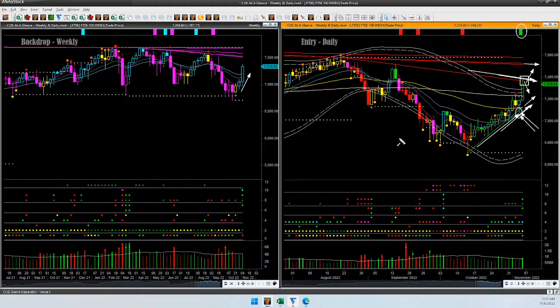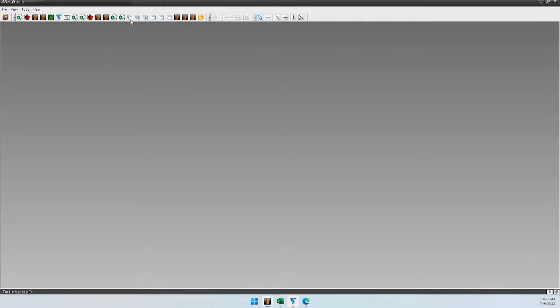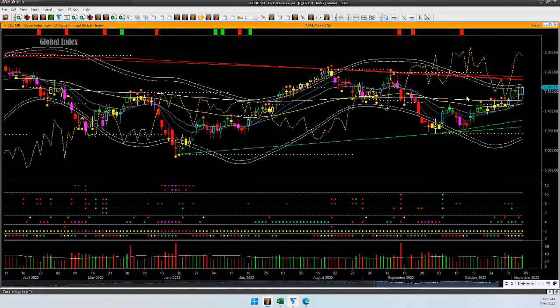So we have only one market that is showing a bullish view externally, that is the China market, a breakout setup after a long downtrend, and I don't have a bullish view on any of the other markets, at least as far as indices are concerned. If that is the case, what is the state of the global index that is part of Q Global market breadth?